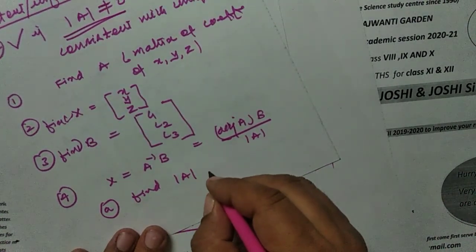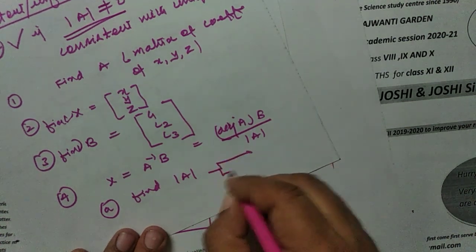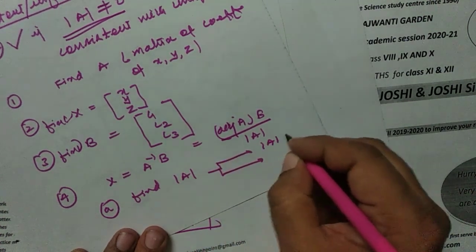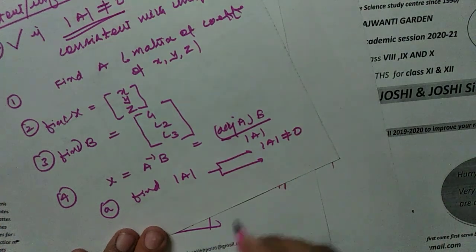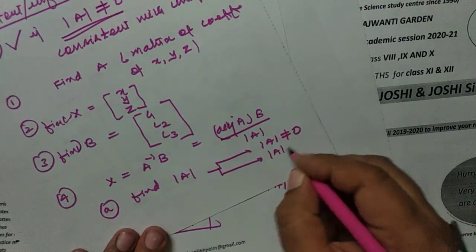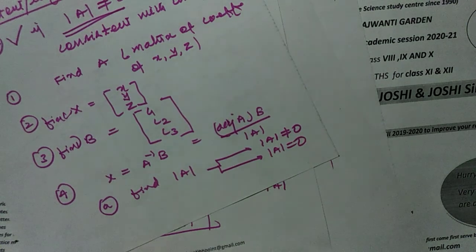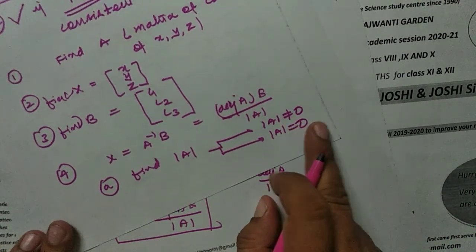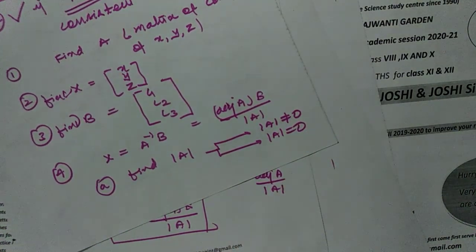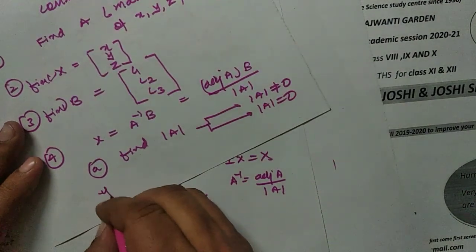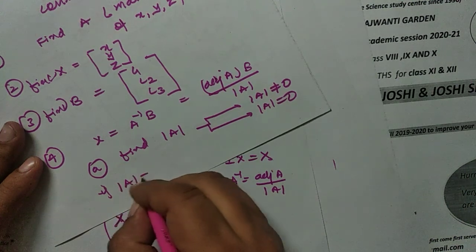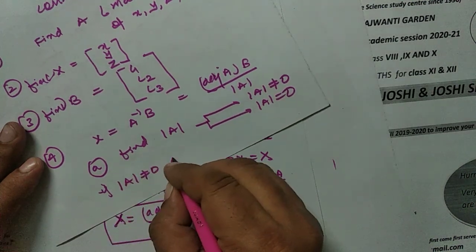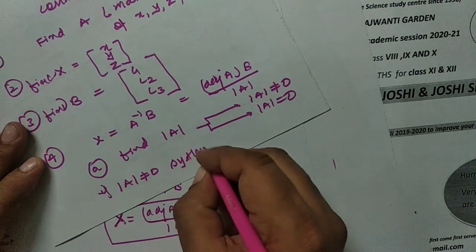Okay. So in determinant of A, there are two possibilities. If determinant of A is not equal to 0, move ahead. If it is 0, stop. Okay, infinite solution you need not solve. If A is not equal to 0, it means your system is consistent with unique solutions, and only those questions you have to calculate in which the system is consistent with the unique solution.